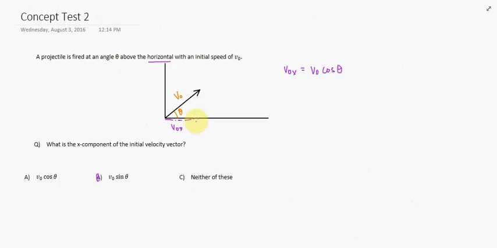It's the adjacent component to this velocity. So in case you've forgotten, the cosine of any angle is equal to the adjacent divided by the hypotenuse, right? So since the hypotenuse in this case is this v sub naught and v sub naught x is the adjacent component,